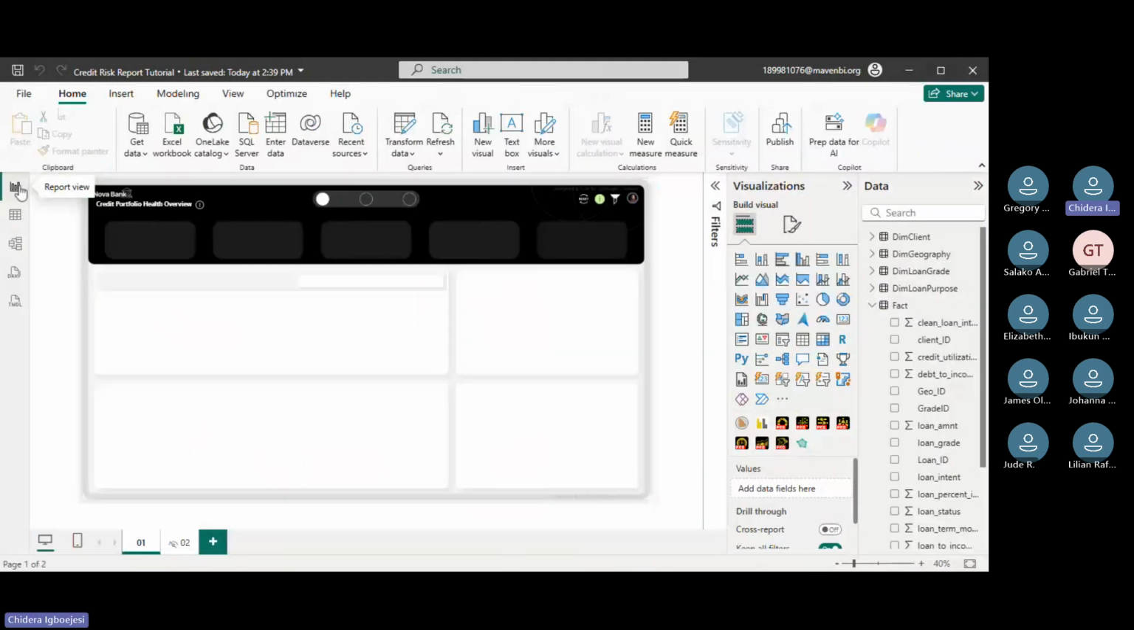So the next thing that I want to start doing is to quickly create our one-page report. And I guess we'll just be focusing on achieving this one-page report. Okay. So the first thing I want to do is to create my